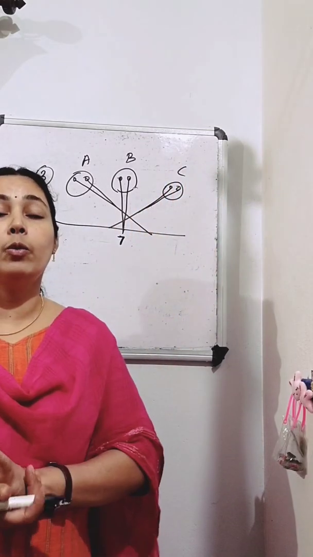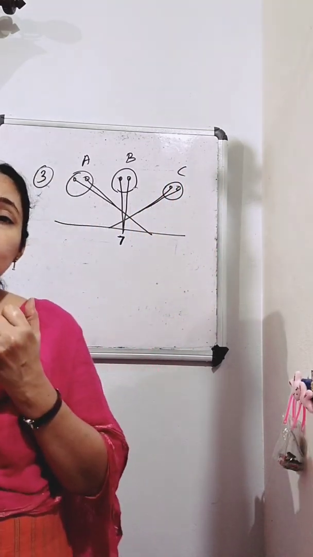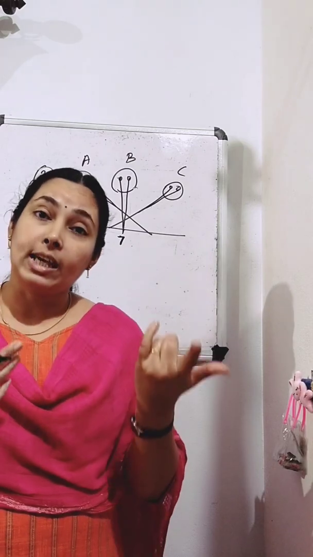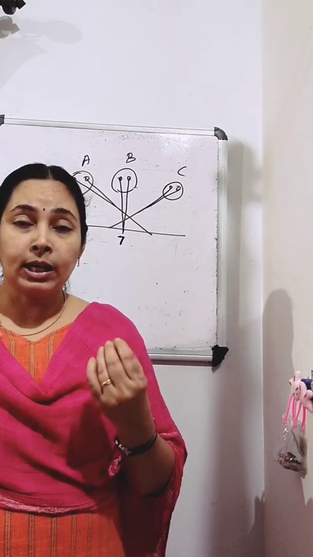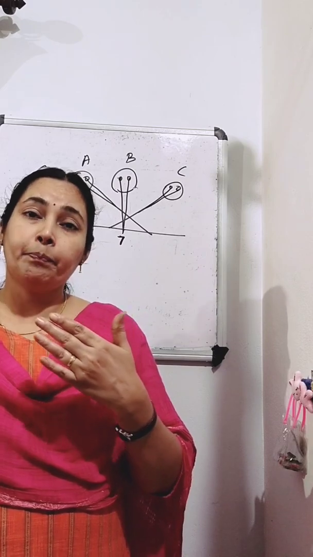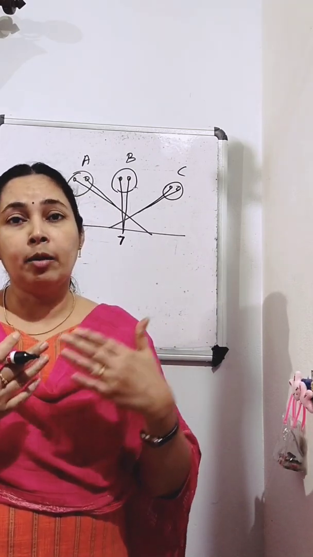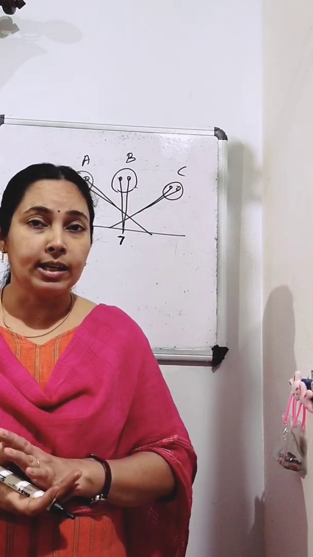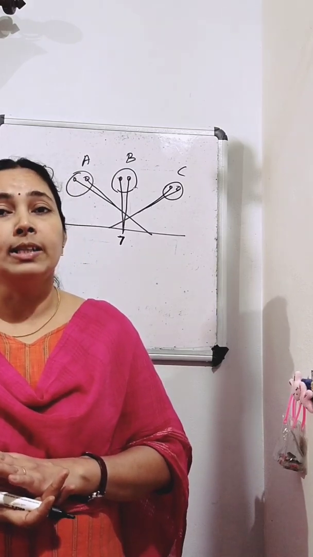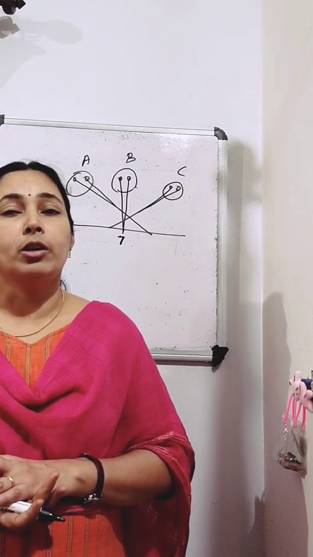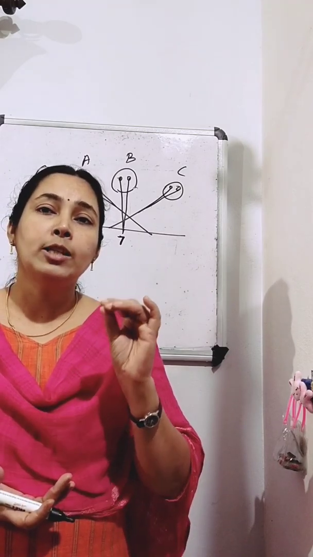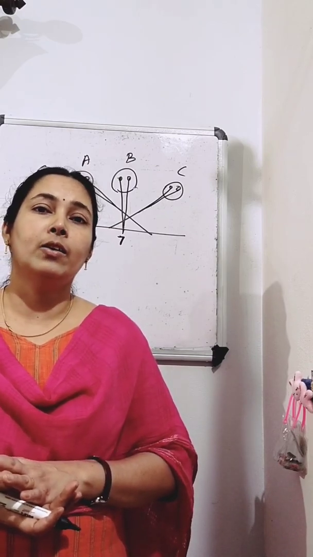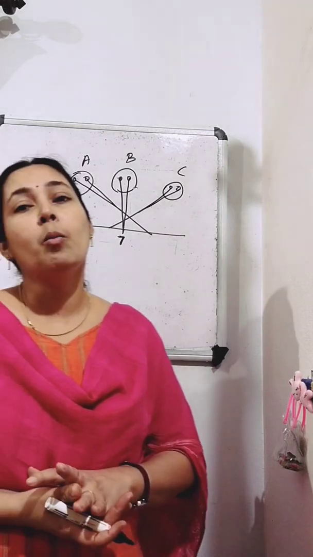Okay, so 3 points for taking the measurement correctly. First one is the scale should be in close contact with the object and you should keep it straight also. Second point is if the 0 mark is not clear or broken, you can take the measurement from another point. But for the final reading, from that you should subtract this point and you should get the correct length. And third point is correct position of the eye is also important for taking measurement. So your eyes must be exactly in front of the point where the measurement is to be taken. Okay, so here B is in the correct position.